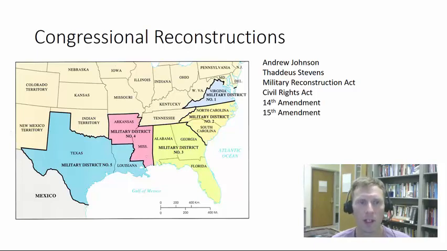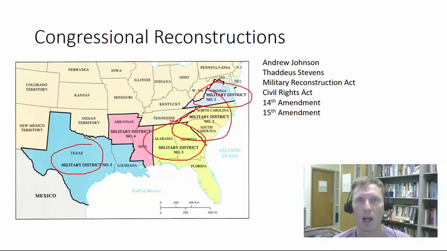One of them is the Military Reconstruction Act, which basically puts, here's Military District 1, Military District 2, Military District 3, 4, and 5. And the point here is if you create a military district, you can have military officials overseeing it, and the military works for the United States government rather than for state governments. And Congress passes a series of civil rights acts basically trying to negate the black codes and basically saying, hey, you can't bar someone from owning land.